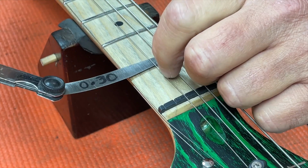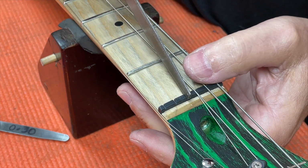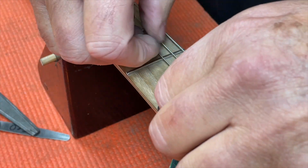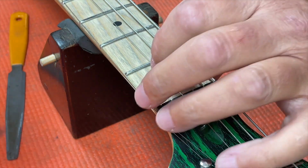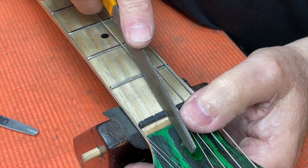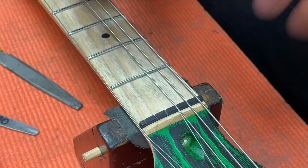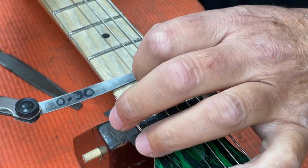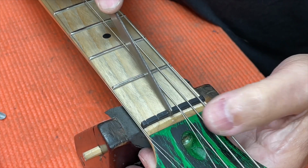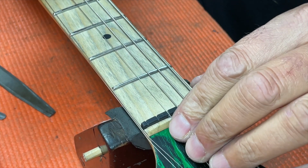And we'll start with the G, that's way off. So we're on the 17 here. Now I'm going to start cutting backwards on the 17. Now the difficult thing about this is cutting a slope backwards without cutting it too low. These, believe it or not, even though they're expensive, aren't the most dependable of devices to control a cut like this. I actually find that the triangular jeweler's type files work better for this. They're more dependable. Also with this challenge, you've got to cut the slope backwards, but it does mean that you're going to end up touching the finish on the back of the headstock. It's practically impossible to slope the slot without doing that, but slope the slot you must,